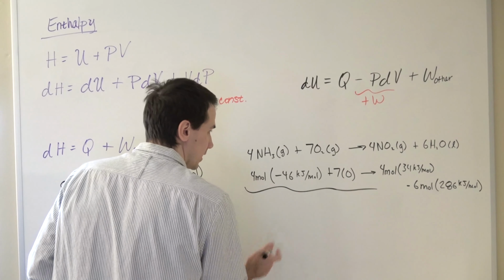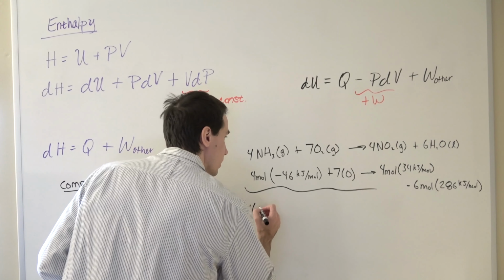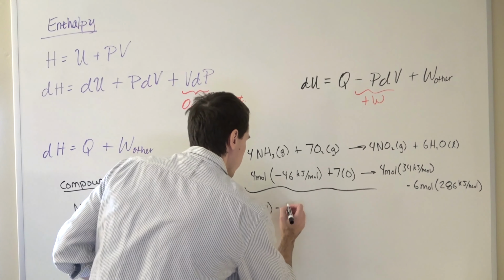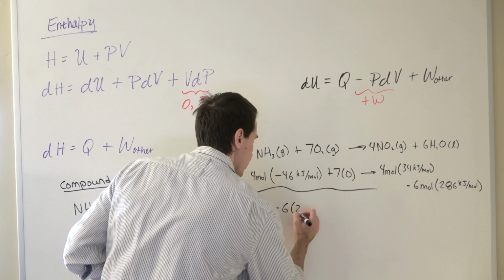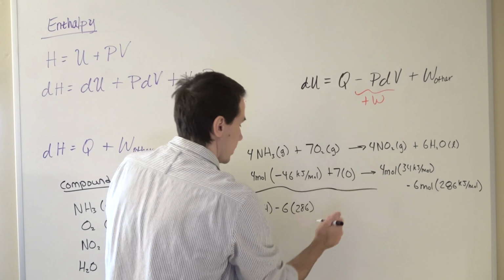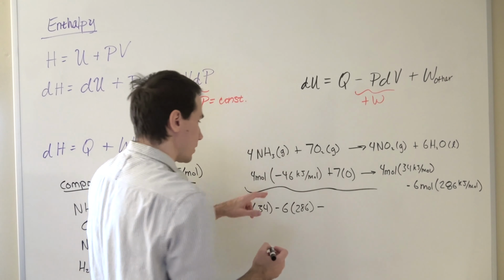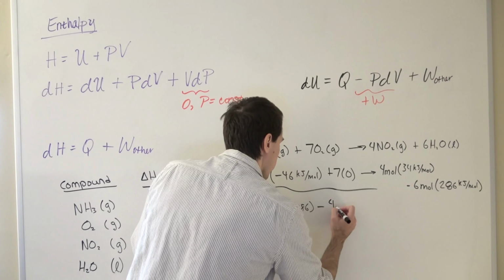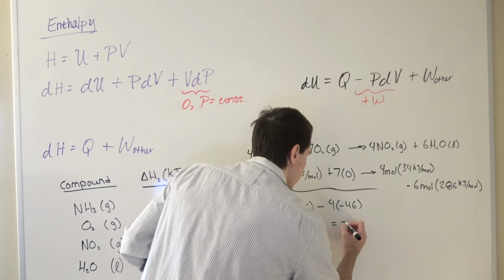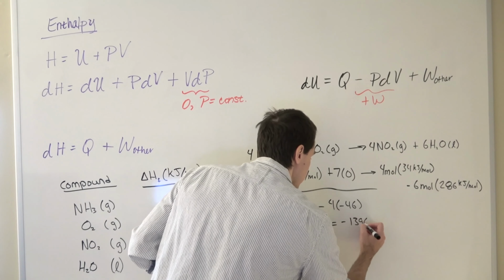Now, I will avoid writing the units here for this part just to save space. So 4 times 34 minus 6 times 286. That is the right side here, and then we are subtracting 4 times negative 46. And all of this leads to negative 1396